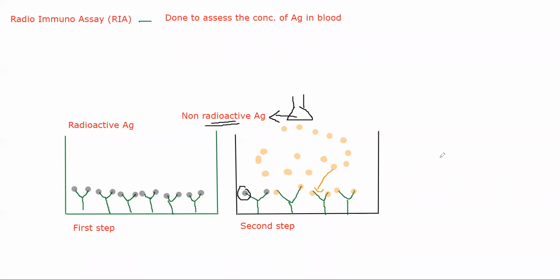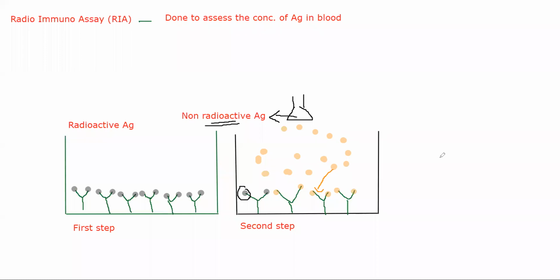Now I know the person has that disease. I am trying to find out how severe the disease is in the patient. Okay, whether it is mild, severe, or chronic, I am trying to find out. That I can do by finding out the number of antigens that are present in the patient's serum or the patient's blood. Okay, that is what I am trying to test. One method of testing that is radioimmunoassay.